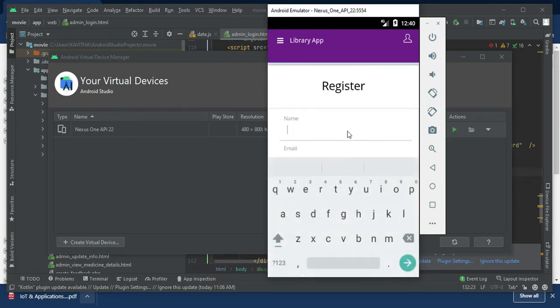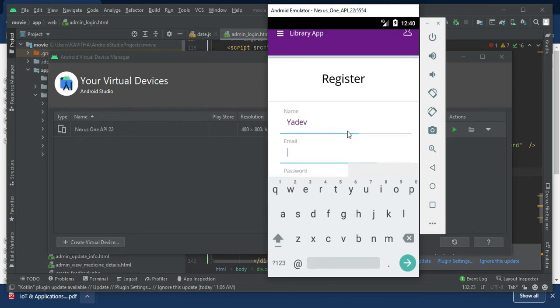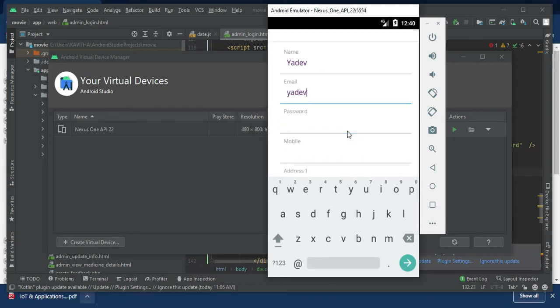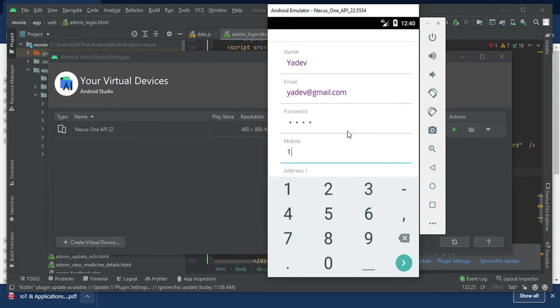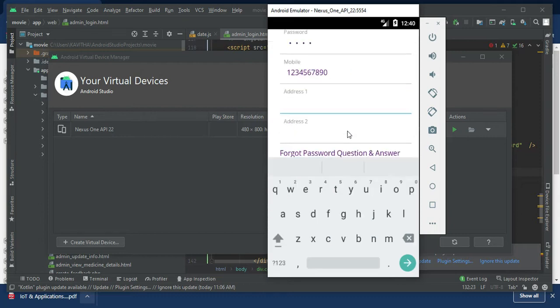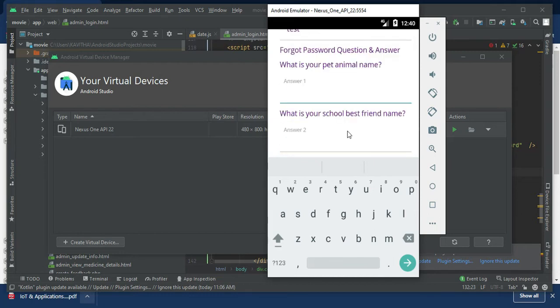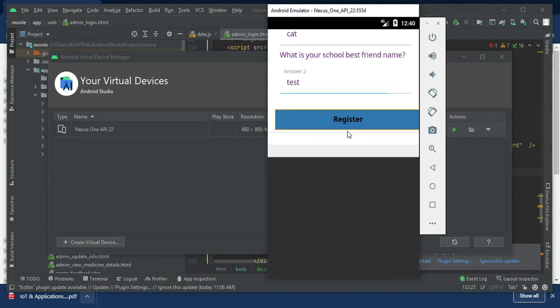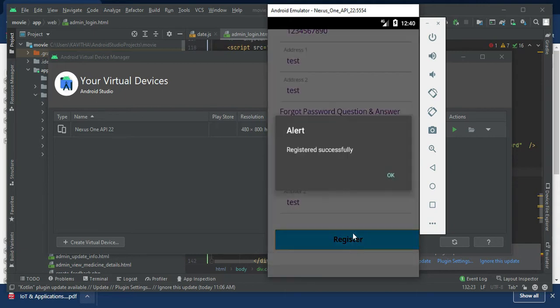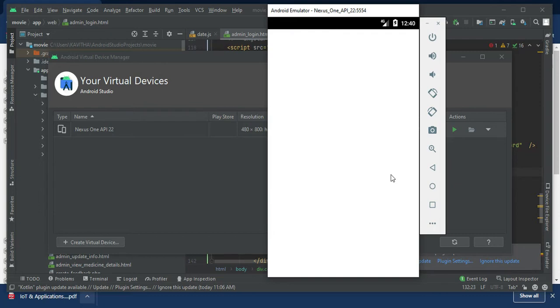I'm just creating a new student login, so you have to go for the registration option. It's registered successfully.